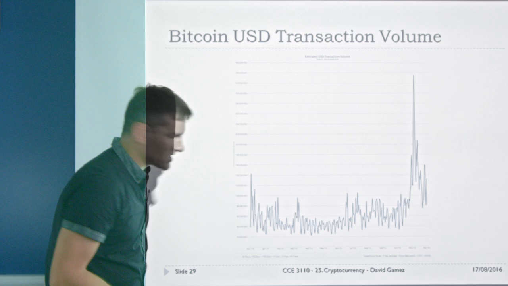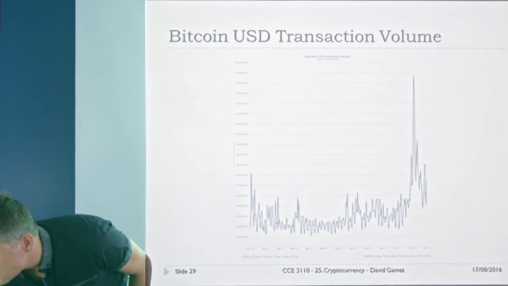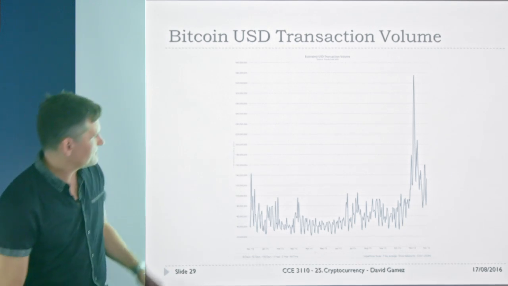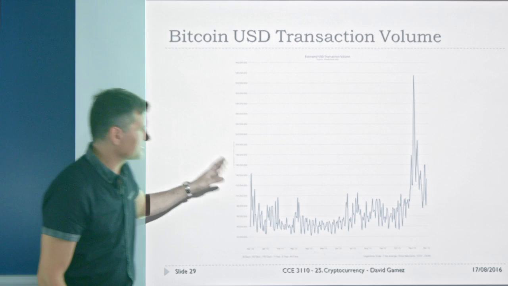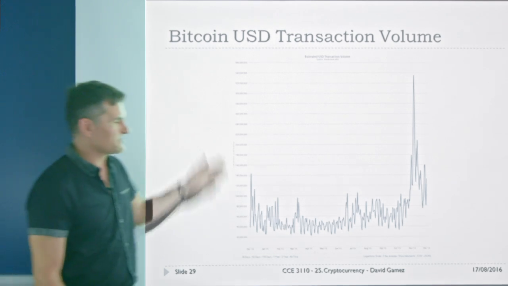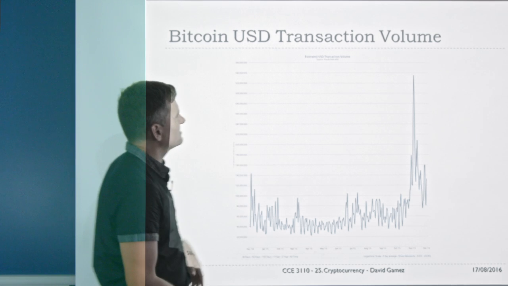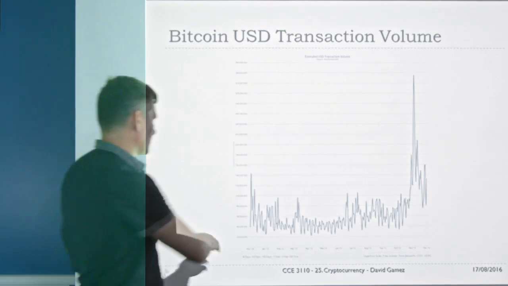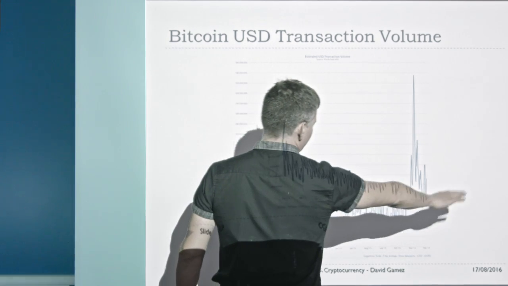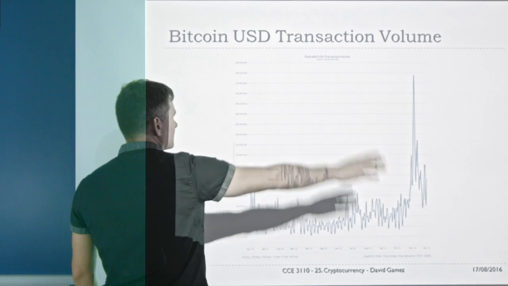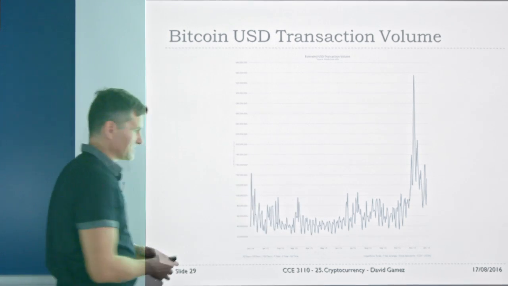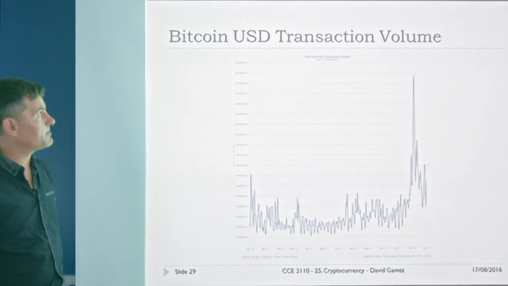So it's pretty popular, so I don't know if you can see that. I don't really see that myself. I think it's 140 million there, somewhere around there. So this is transaction volume. How many transactions in Bitcoin's US dollars transaction volume on a day? These are plotted over the months. So I think it's something like $100 million being traded on this kind of stuff every day. So it's pretty big, Bitcoin.